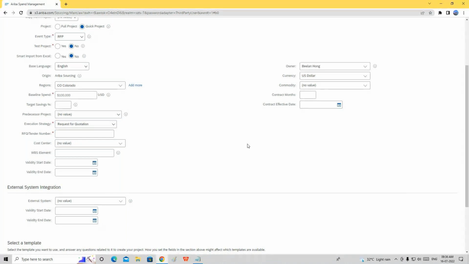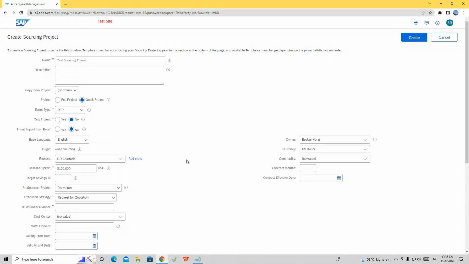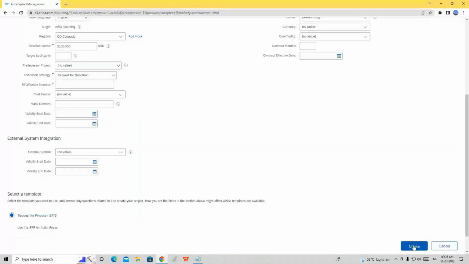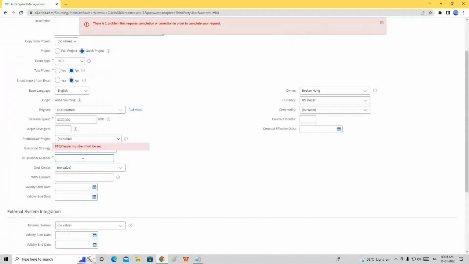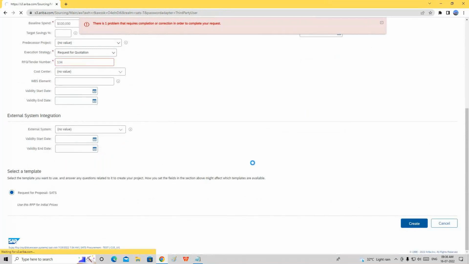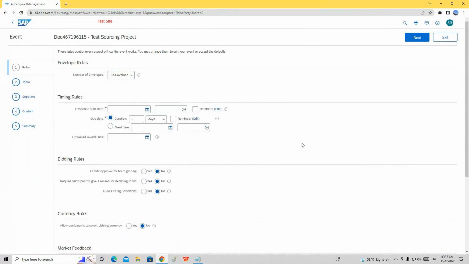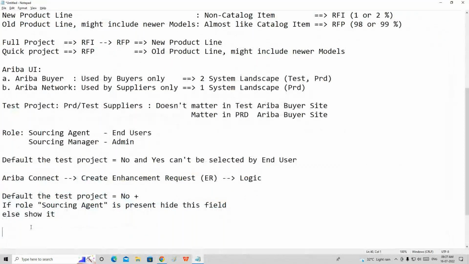In the screen, any change, so create sourcing project, any change, what will happen? It's an enhancement request. Okay. So keep this thing in your mind. Now we will use this template and click on create. Now, once we did that, our sourcing project has been created. So now all of you will say, very good, Manoj. So that means once the sourcing project is created, the screens and rules will be